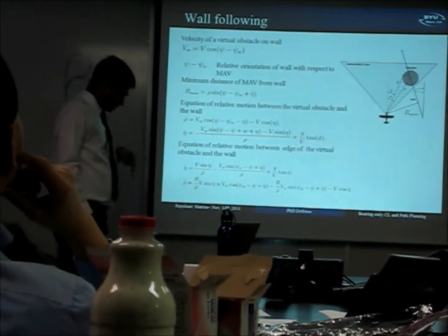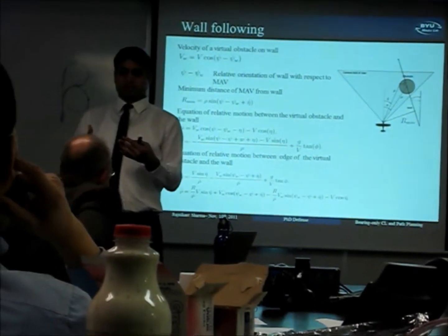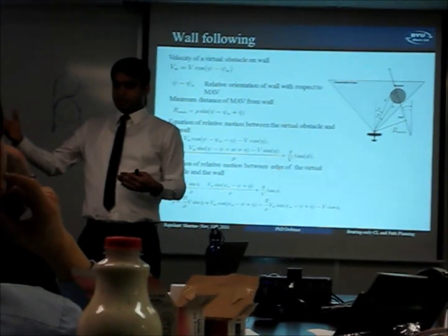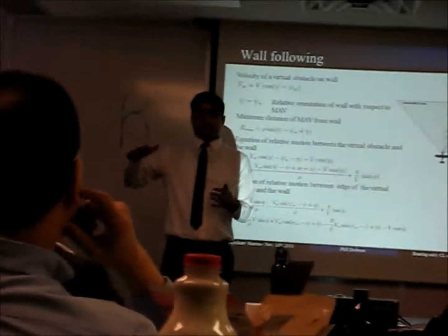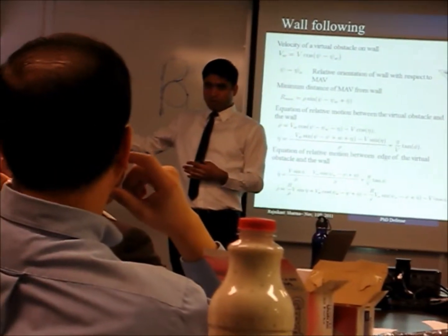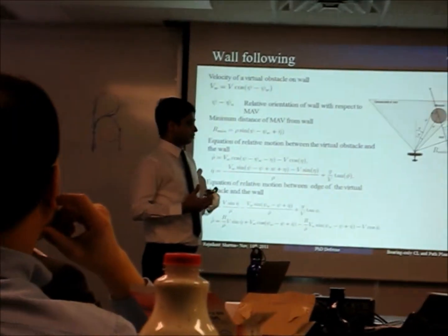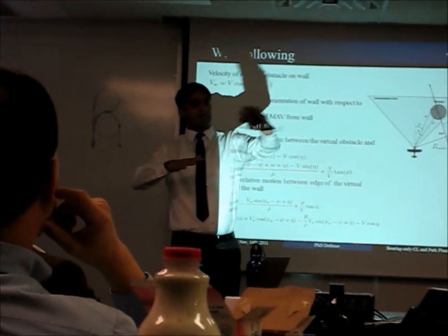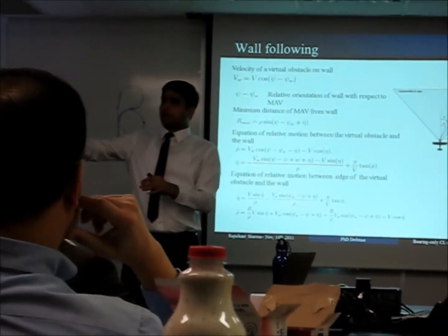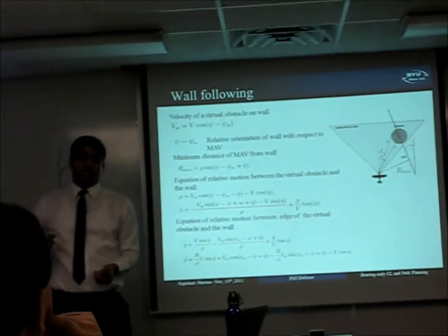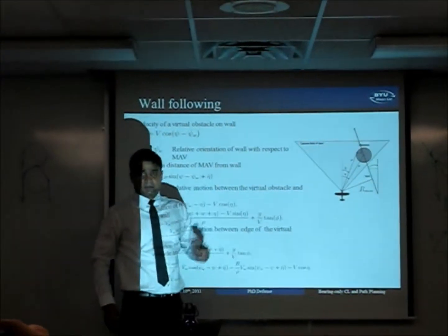Now the next thing is that not all obstacles can be modeled as cylindrical obstacles in an urban environment. If something is moving in a canyon or near walls, in that case you cannot model it as a cylindrical obstacle. It won't be a good idea to move around that large obstacle. It will be nice if you can follow a particular wall at a safe distance and fly along it. So our objective is how you can do that using bearing measurement.